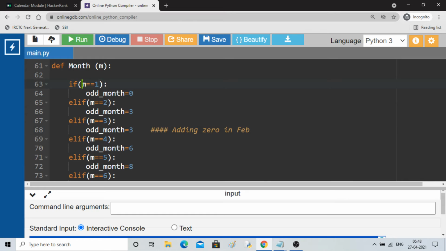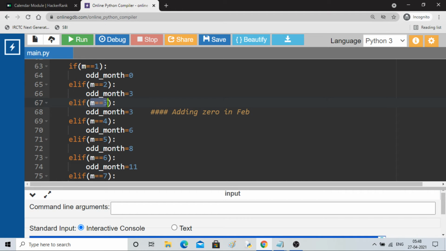Okay, so if m is equal to 1, meaning month is 1, then odd days will be 0. So you don't have to count any month odd days if the month is January. Else if the month is February, it will collect odd number of days in a month for January. This is for January, right? You are not collecting it for February, one less you are doing, right? So if it is March, then you will collect till February, but adding in Feb is dependent upon leap year, right? Whether the given year is leap year or not.